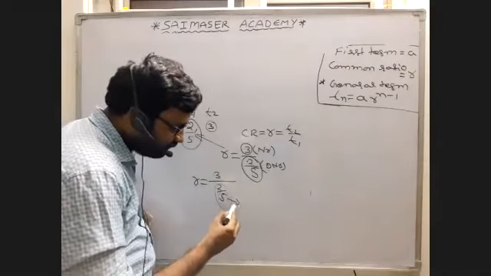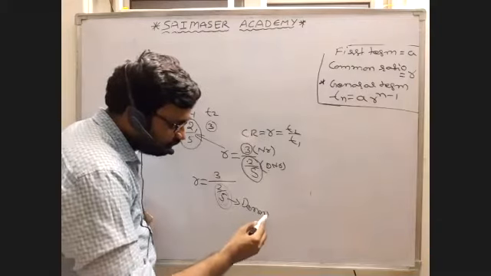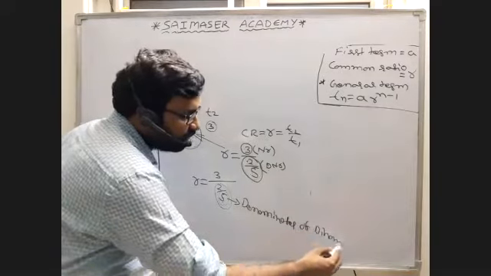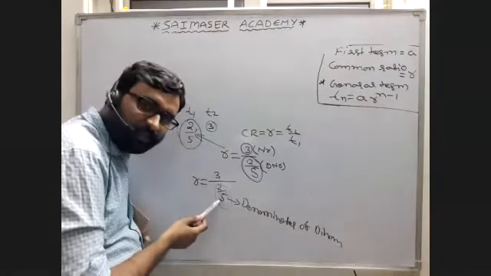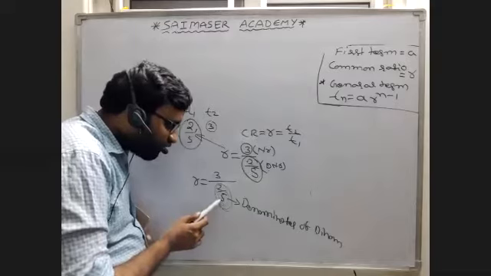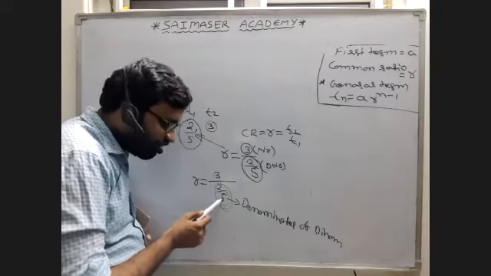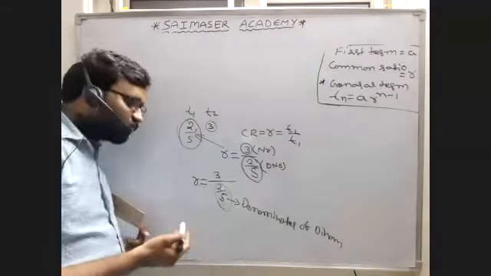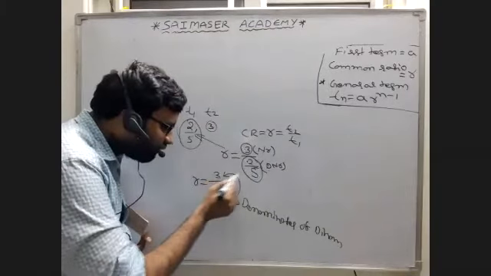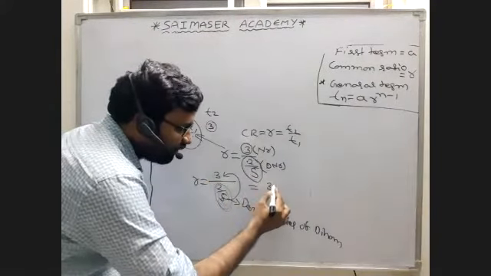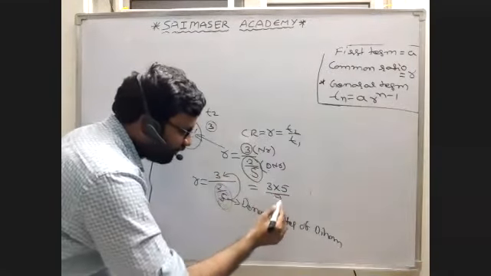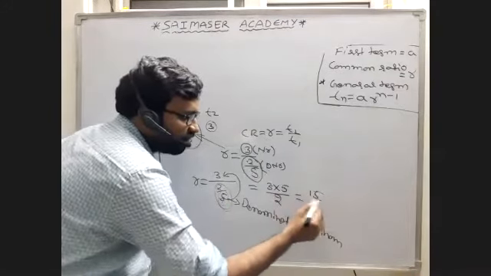Now this 5 is called what? Denominator of denominator. For 3, the denominator is 2 by 5, and for 2 the denominator is 5. For 3, this 5 is called the denominator of denominator. So if you have any fraction like this, 5 will be a multiple of 3, that is 3 into 5 will be the numerator now. 5 by 2 is the same denominator, that is equal to 3 times 5, 15 by 2.